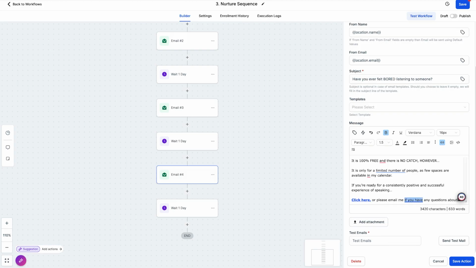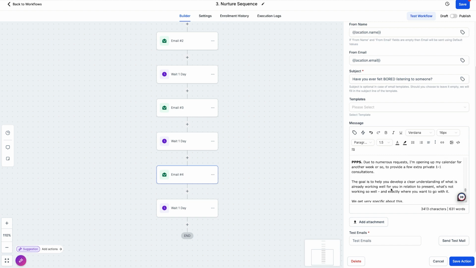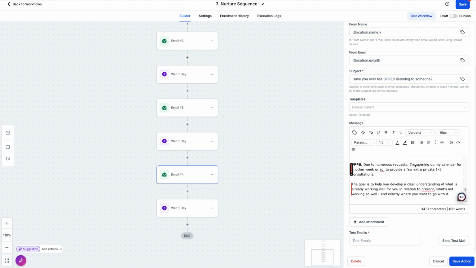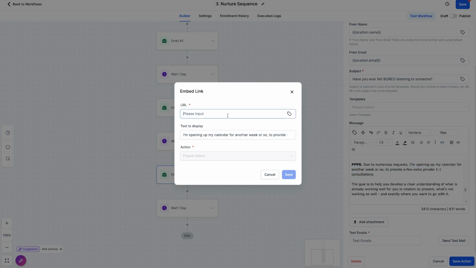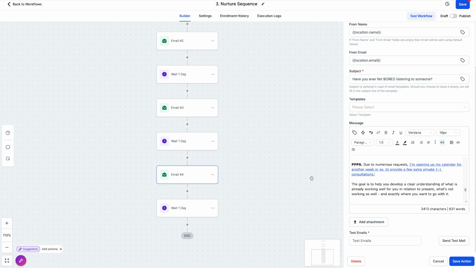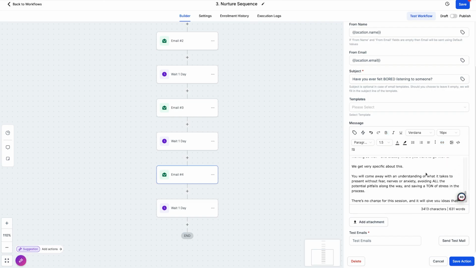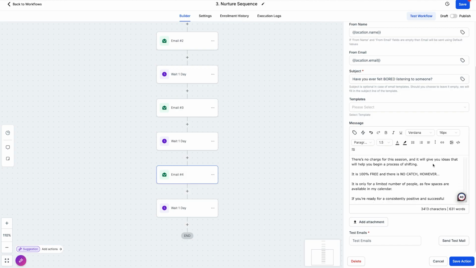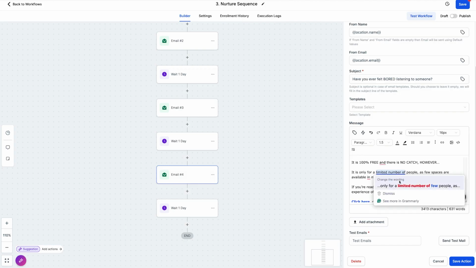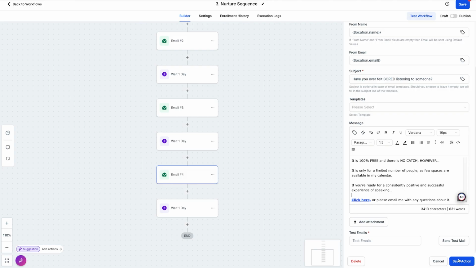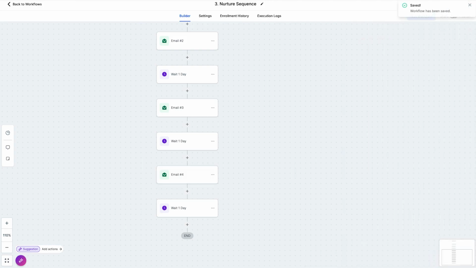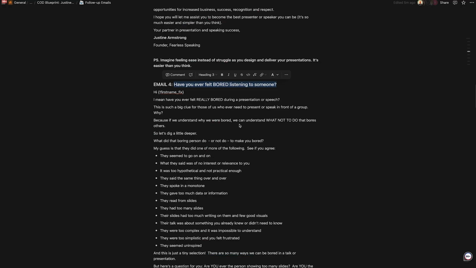Click here, and I want this to be a link as well. No catch, however, limited number of spots. Perfect. And the last email is